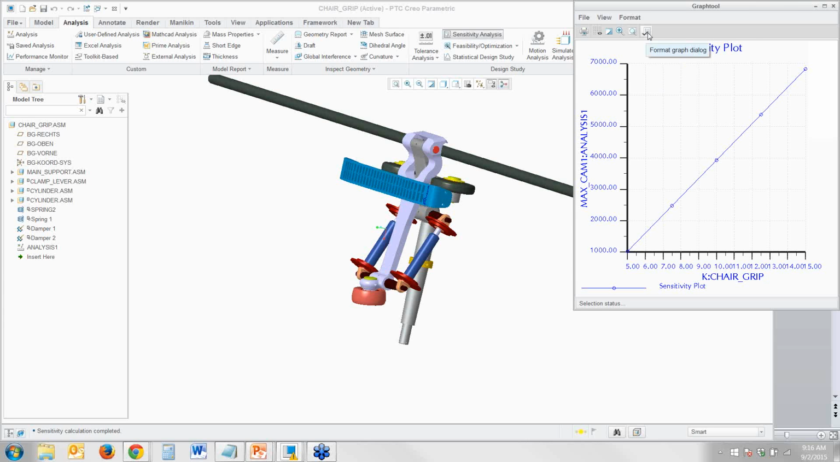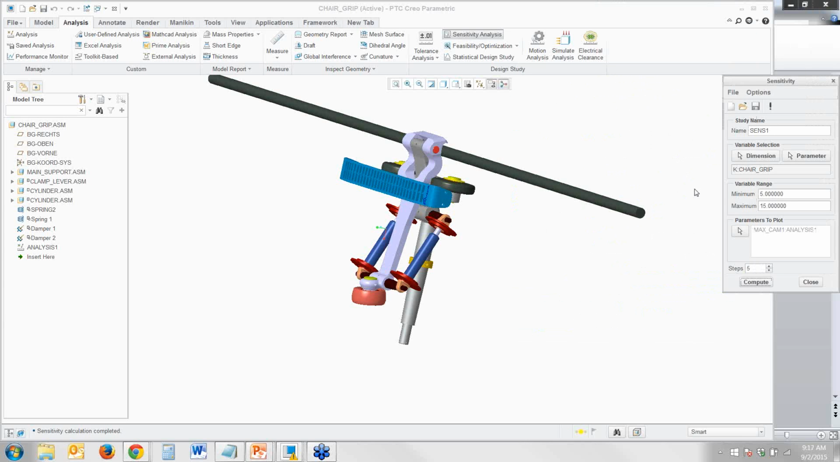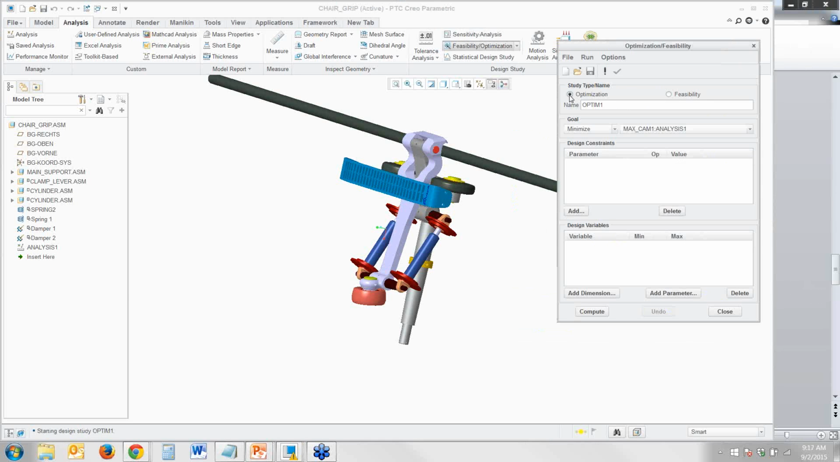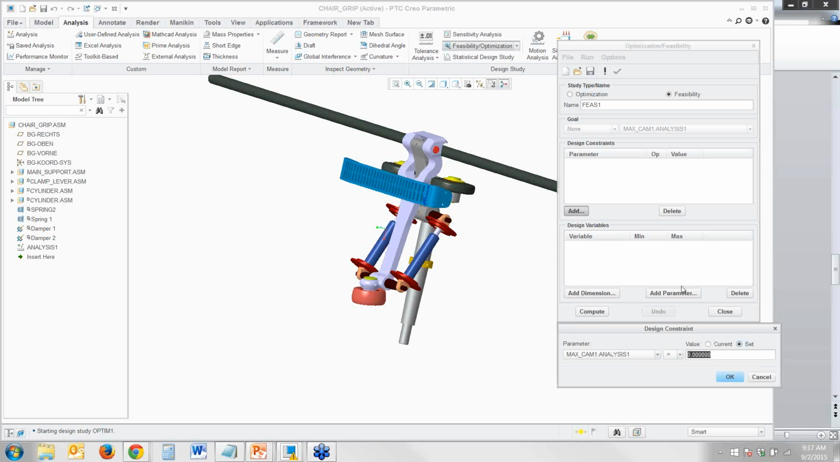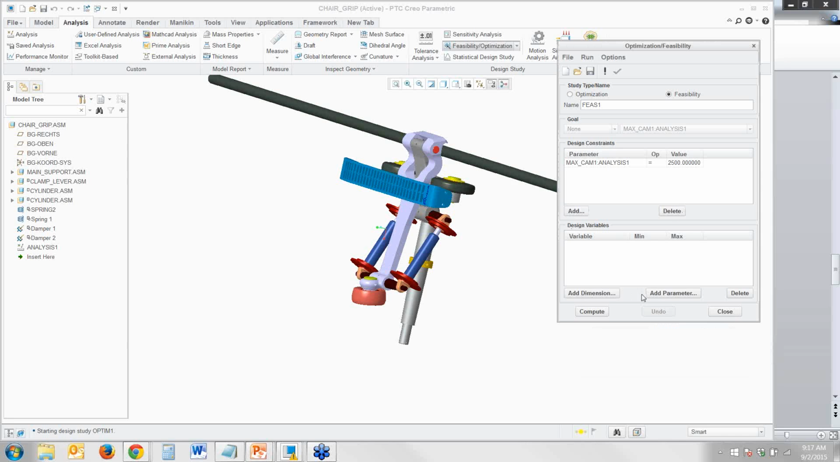Yeah, that's great. And so now that we know this is our variable of interest that gives us the most bang for our buck, we're then going to go run, in this case, a feasibility study, because our design constraint, based on our engineer's knowledge, is that our clamping force should be equal to 2,500 newtons. So that's what we know we want to get to, 2,500 newtons, and based on that, we wanted to change the K value,